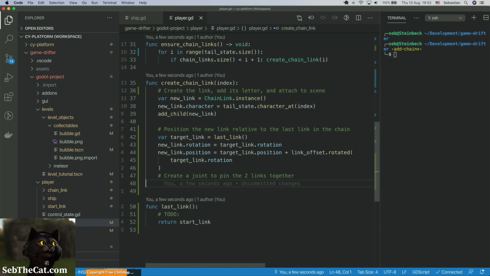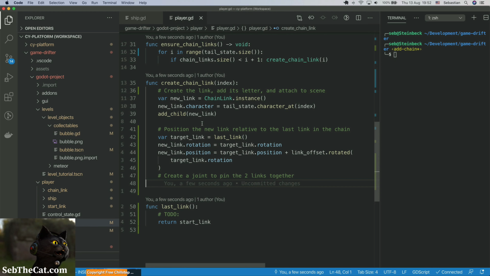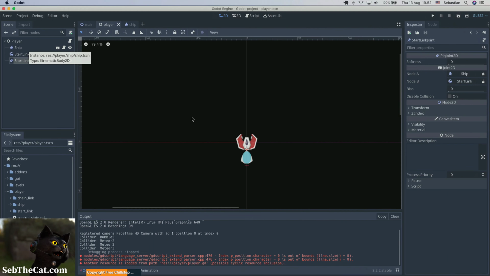I think we don't want to just use a plain old joint. What we want to do is create a scene of the joint and define everything we can declaratively, and then we don't have to do it all in code. I think that would be the idiomatic way to do things. So let's go back to Godot and create a new scene,